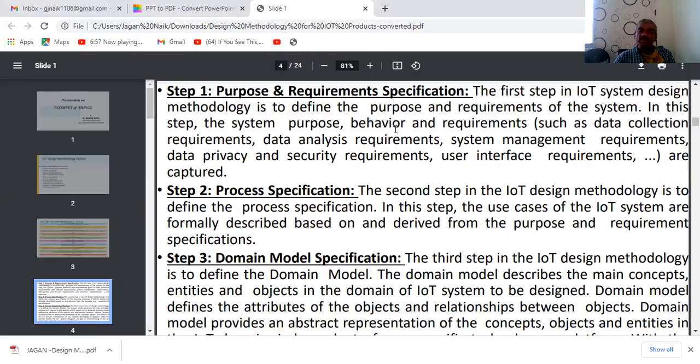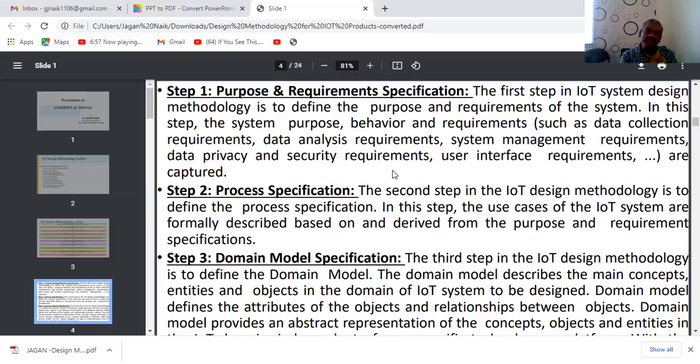In the purpose and requirement, the first step, we are going to be defining the purpose and requirements. Requirements here are behavior and requirements, such as data requirements, analysis requirements, how to manage the requirements, data privacy and security requirements, and user interface requirements.